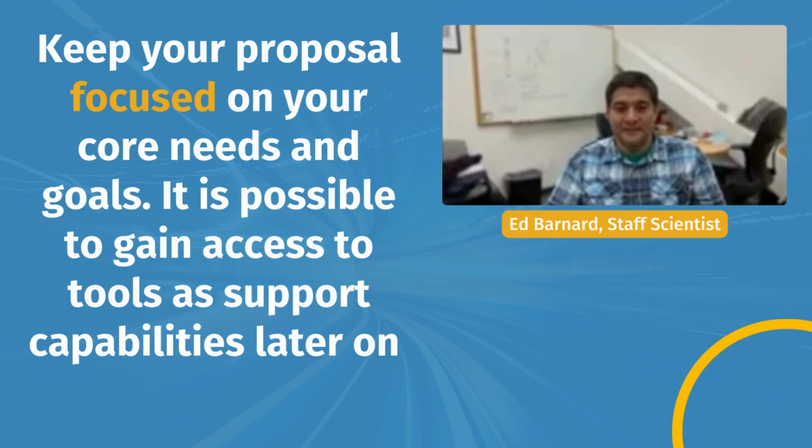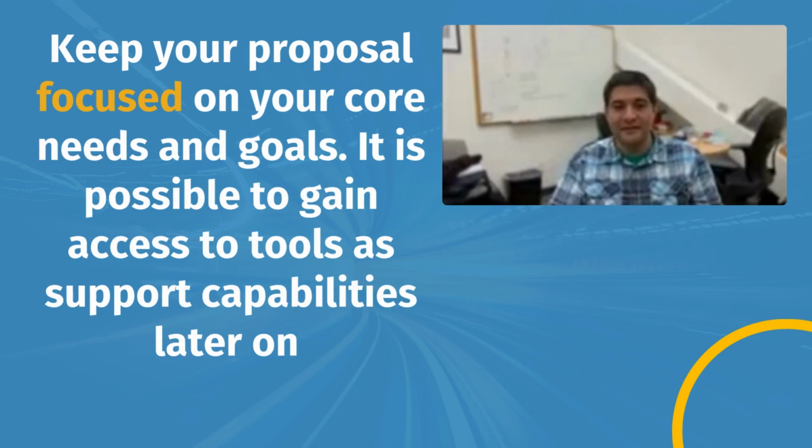If you do want access to a lot of things and you just want to make sure that you're getting all of those things in, don't put it in the proposal. Make your proposal focused on the core part. And when you're here as a user, we are not super restrictive of, you cannot use this tool because it wasn't in your proposal. It's really a discussion of scope that can happen while you're here as a user to say, oh, I realize I need to understand this